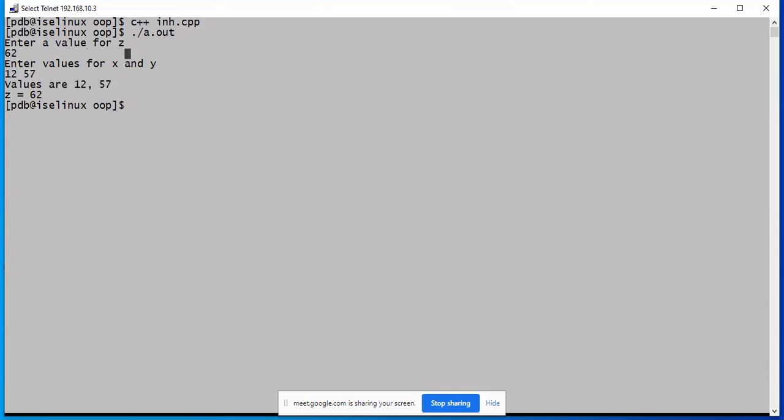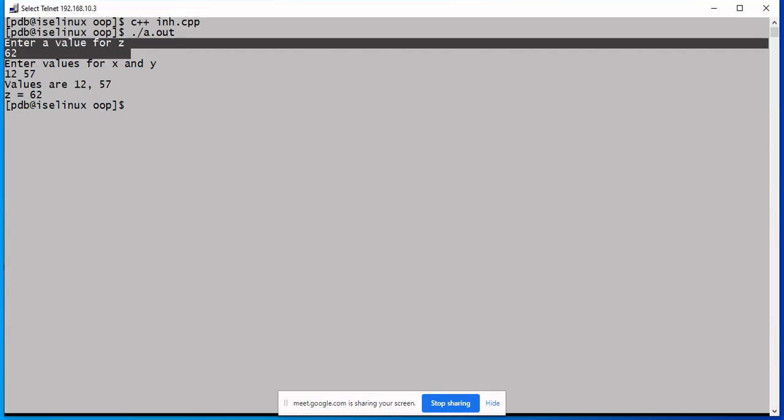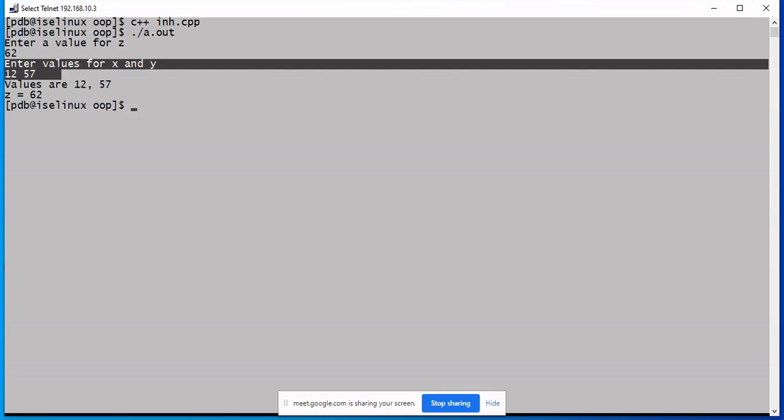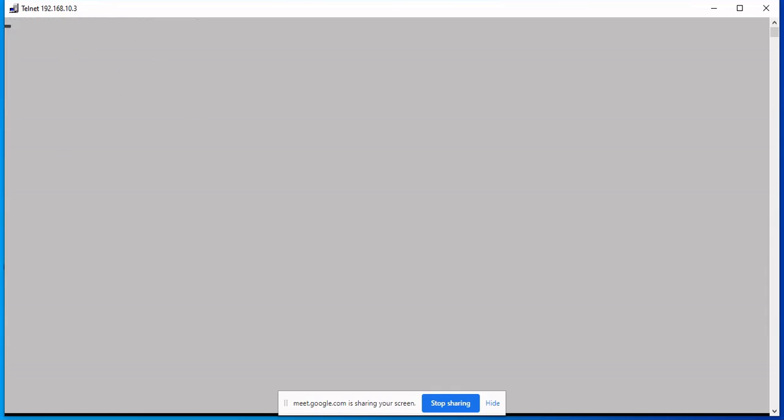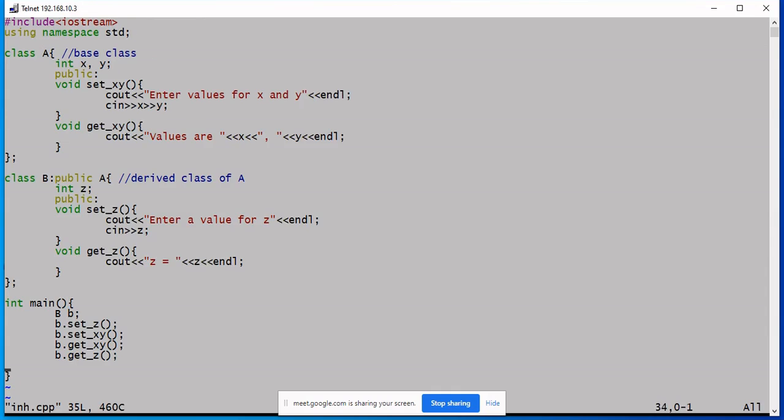So first the control goes for set z and then set xy, and this is the output from respective member functions. Okay, now I know that the object B comprises of 3 variables, among which 2 cannot be accessed directly.